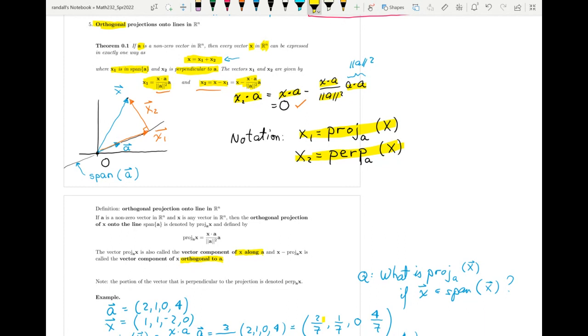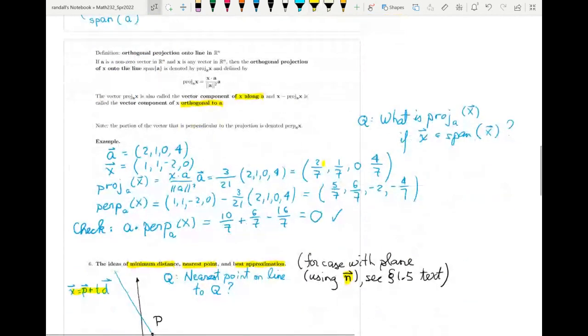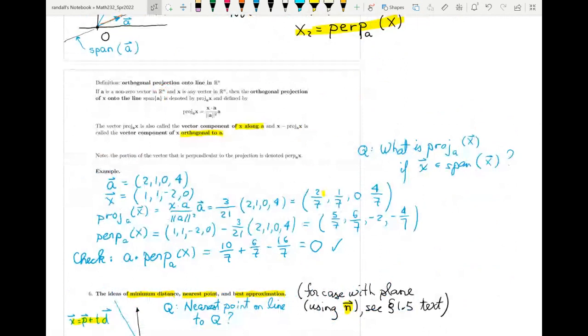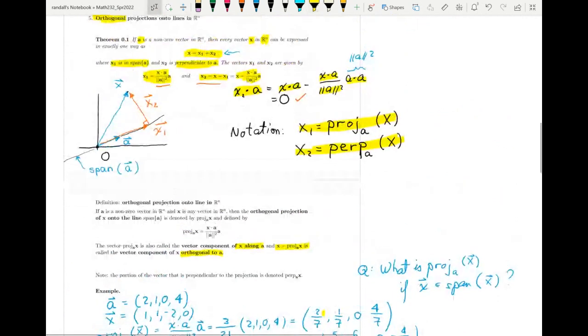Okay, so in this course, we'll only talk about these orthogonal projections. So orthogonal projection on a line in Rn is this formula right here we've just described, and the perpendicular part, orthogonal to A, is going to be x minus that. Notice you just remove the x1 part from x